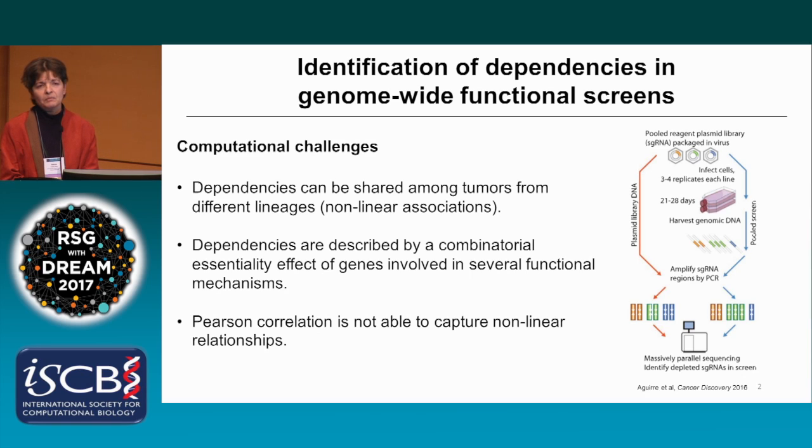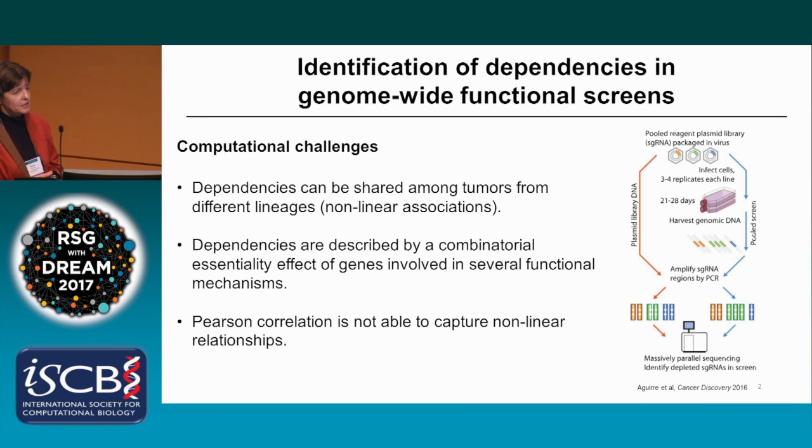And the advantage of using this type of screening is that the rate of off-target effects is very low. Now, in these CRISPR Cas9 studies, or in general in functional screening procedures, the genes which have differential dependencies between lineages are considered to be